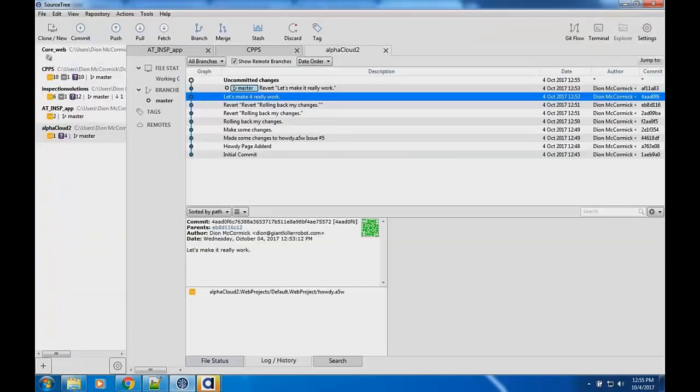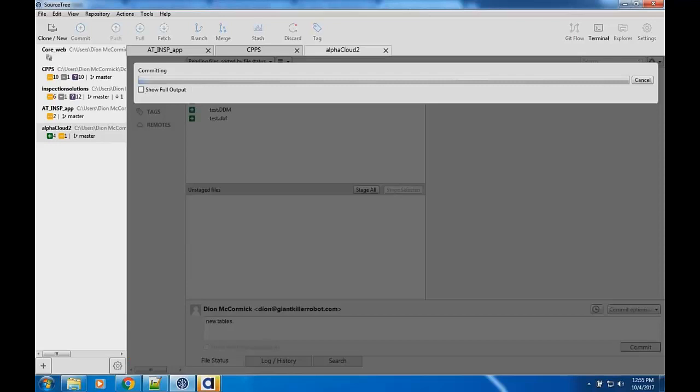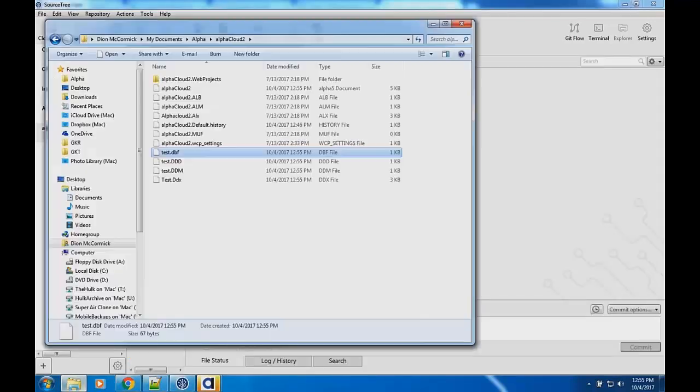Okay, now if I go into my repository, go to my working copy, check this out. I can say created new tables. I'll stage them, and then I will commit it, and now those tables are there. So yes, it's going to take whatever the current state of these tables are, check them in so I could roll them back if I wanted to.